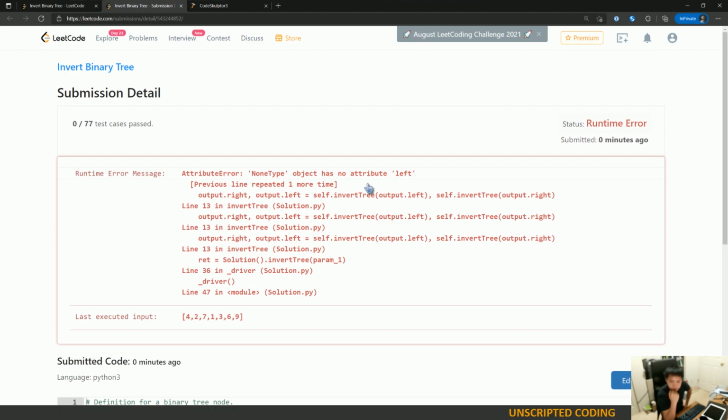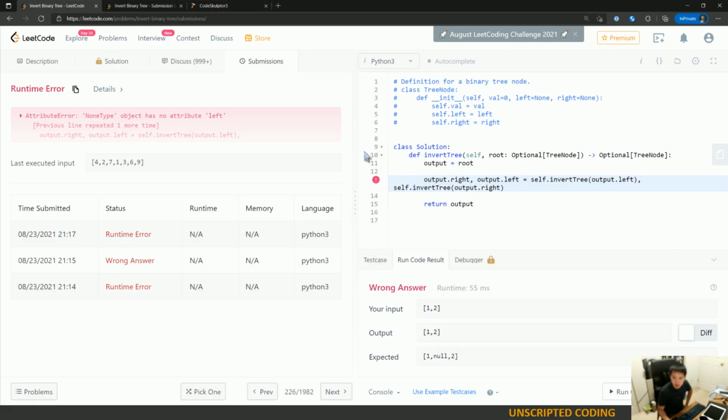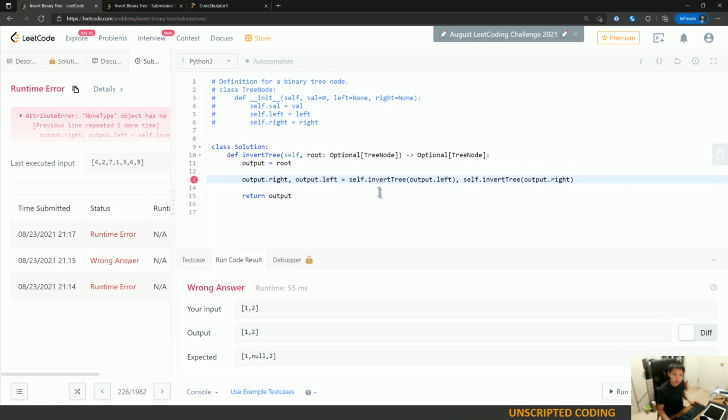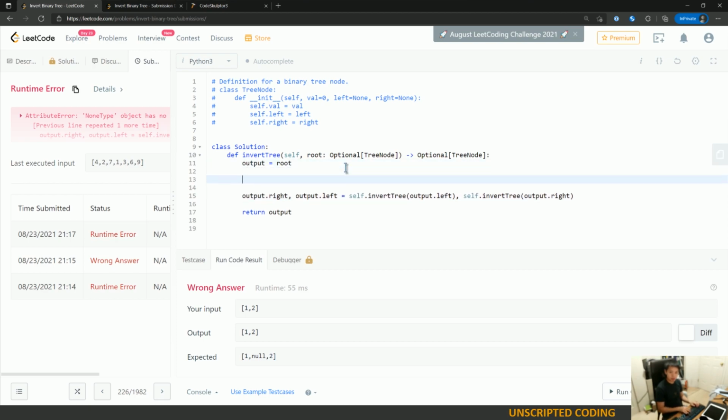Non-type object has no X. All right, let's think this through. You have the root point. Theoretically, they could give you a tree with only one point, the root. You would only do this inversion if